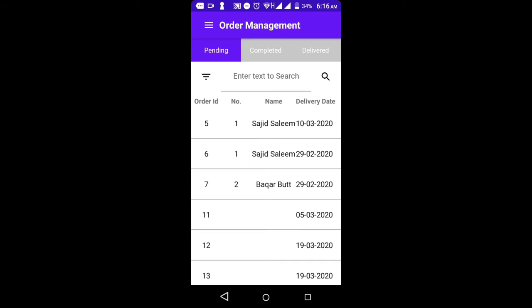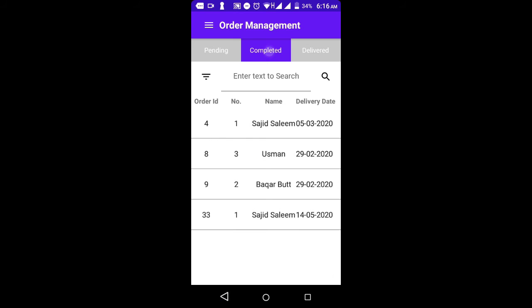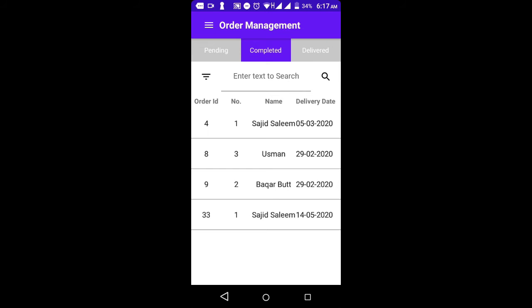So you can see completed orders in the completed section, and whenever any customer comes back to receive their order, you can see all of the completed orders in the completed section.